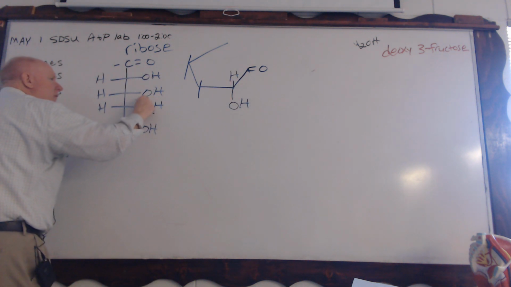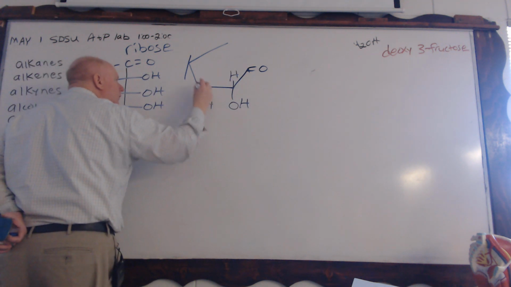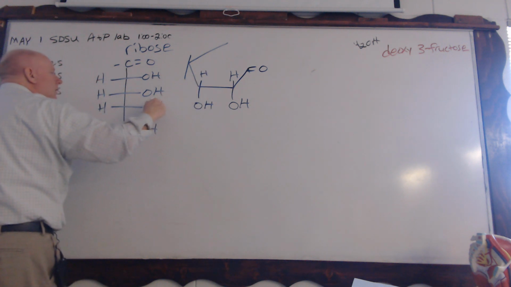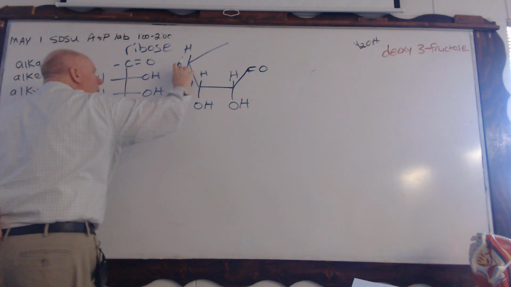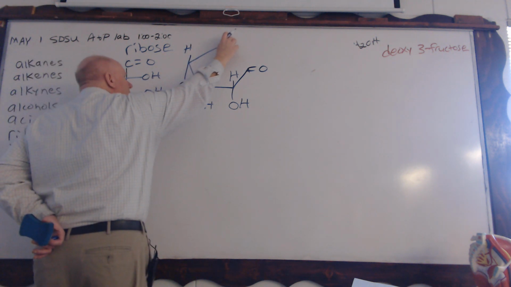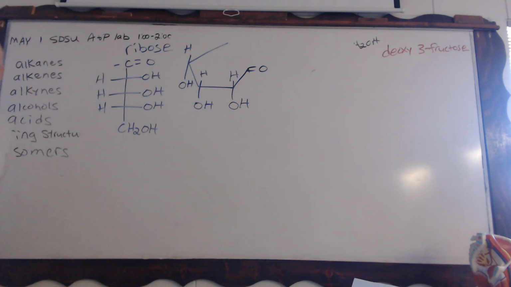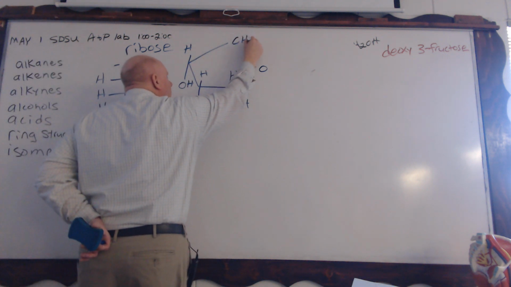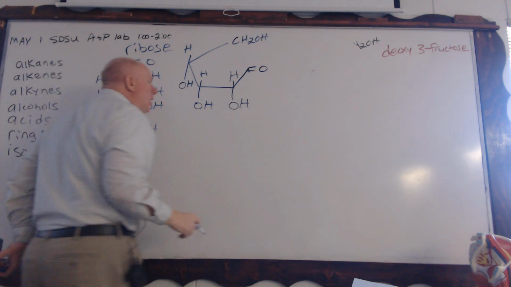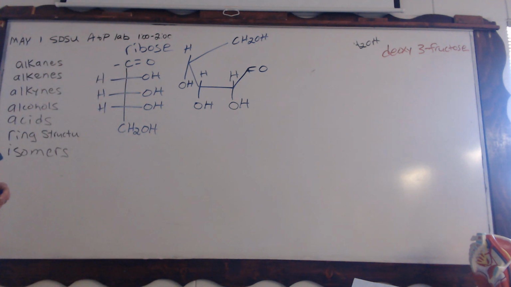Okay, same thing here. And then same thing here. And then way out at the end, what do we see out here? CH2OH. This is in step 2 again. So now we're going to go ahead and close that ring. And upon doing so,